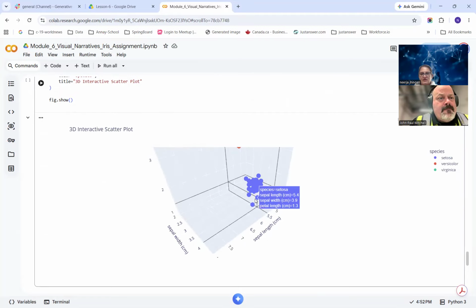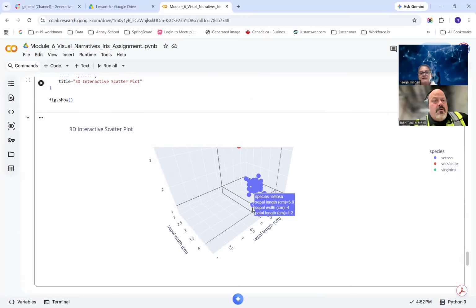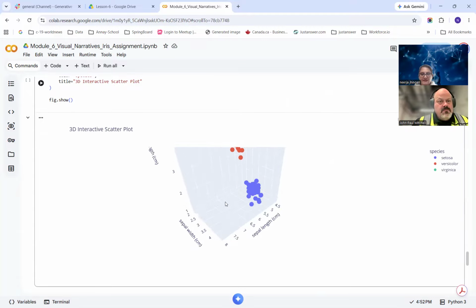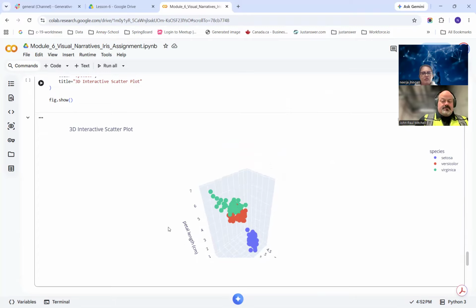So here, when I'm hovering on the sepal length, it is showing me: if your sepal length is 5.4, your sepal width and petal length are this. So it's very clear. Otherwise, in other graphs, you need to add the tooltip, right? So here you can visualize it in 3D because I'm using three features. This is very, very good, although in real time,